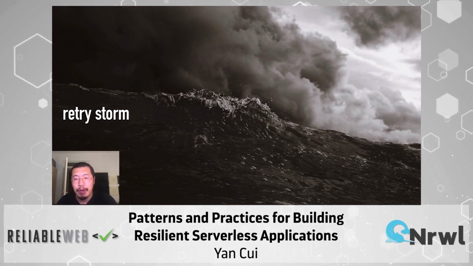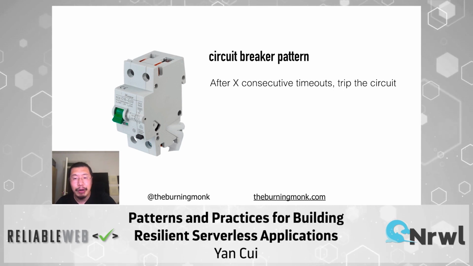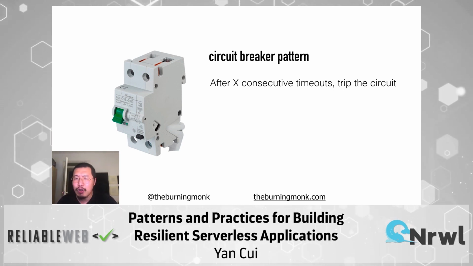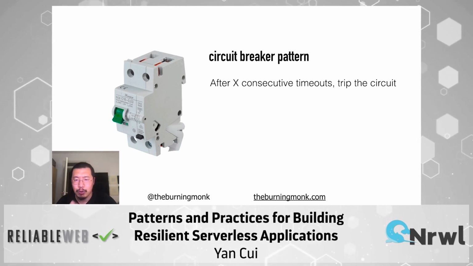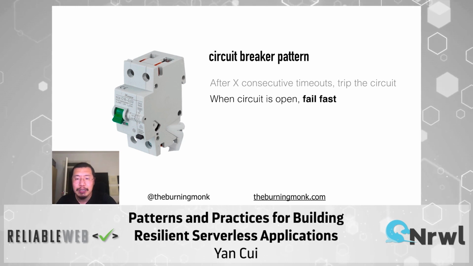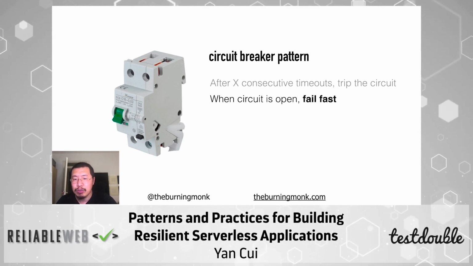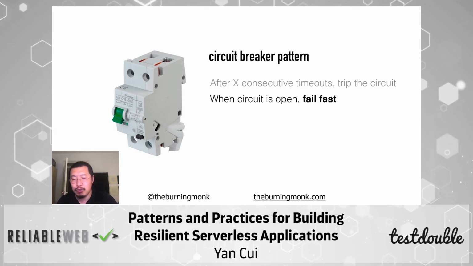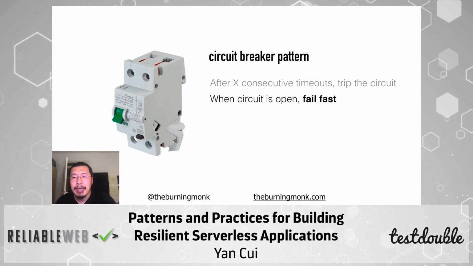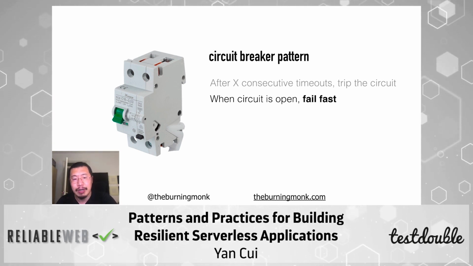and retrying failed requests. And the solution is to use a circuit breaker pattern, where you still have retries, but after a number of consecutive errors or timeouts, you trip the circuit so that no more requests can be made to this service, and any requests would just fail outright. We just throw an error, maybe like a circuit open exception or something, and we're not even going to make the request to the service because we know it's struggling, and we're going to give it a chance to